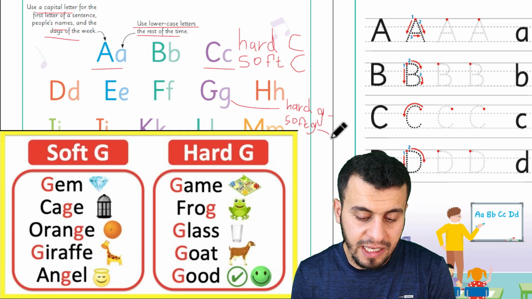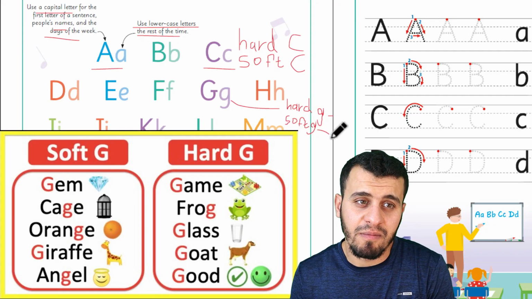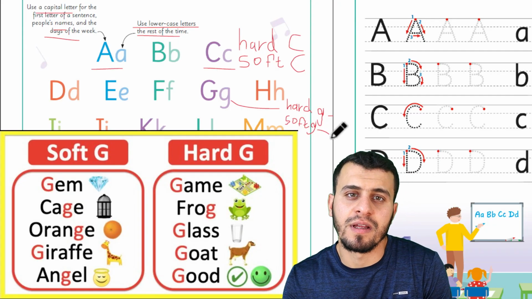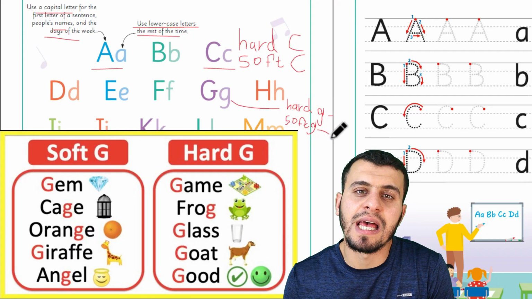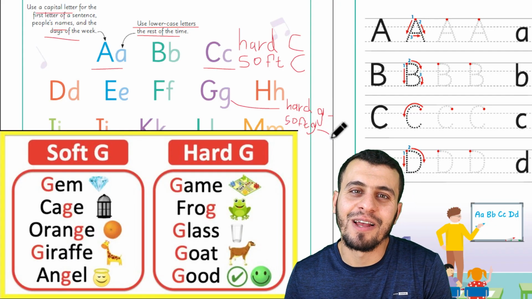For example, we say gypsy. So we have words that G says j. At those times, we say